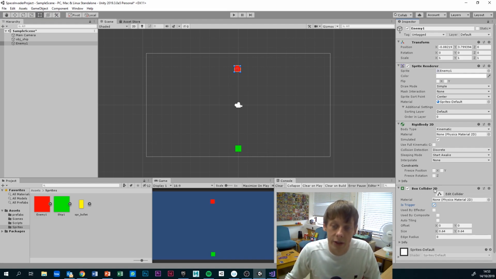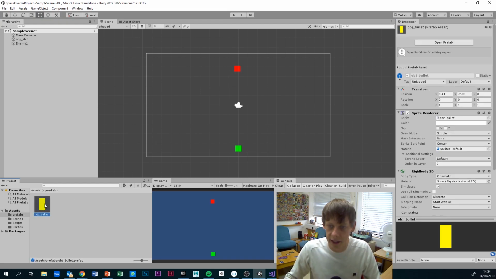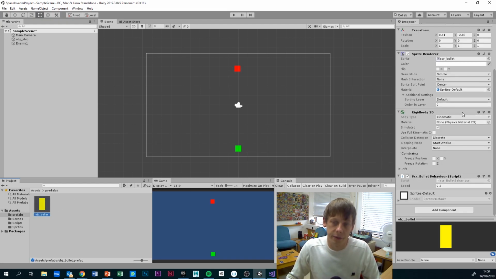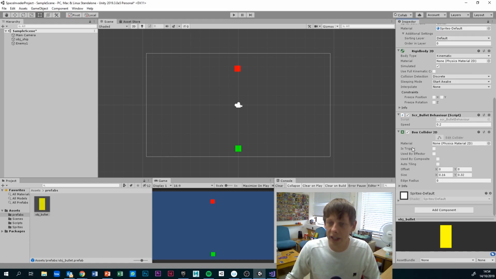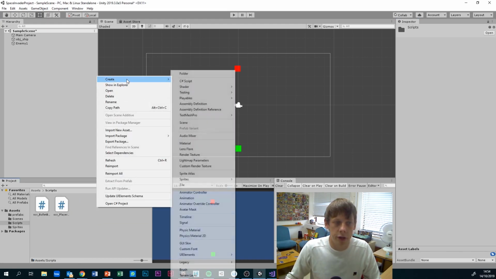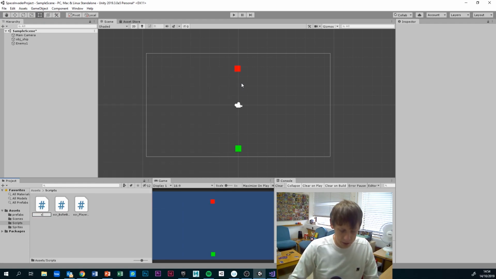Also, we need to do this exact thing for the bullet object. So let's go back to your bullet prefab and select it, because this also needs collision in order to detect when it collides with the box objects. So the enemy object: add component box collider 2D and make sure is trigger is checked. Then head to your scripts folder, right click, create new C# script, scr underscore enemy behavior,